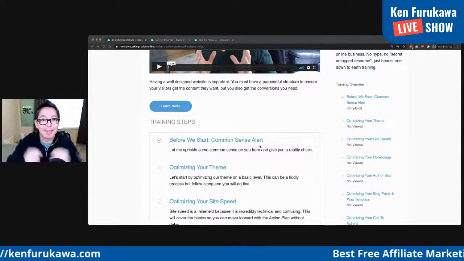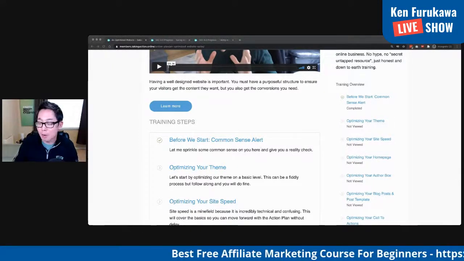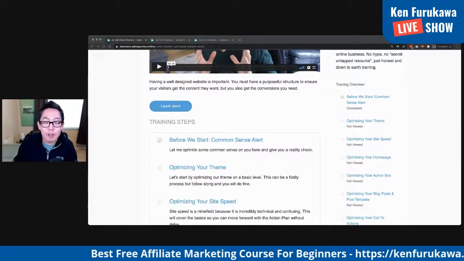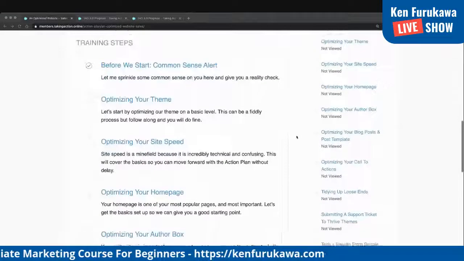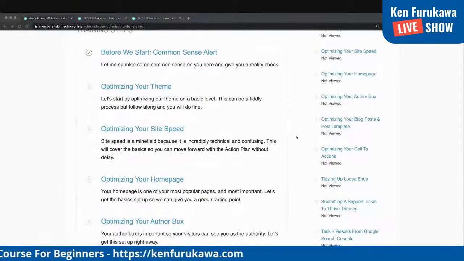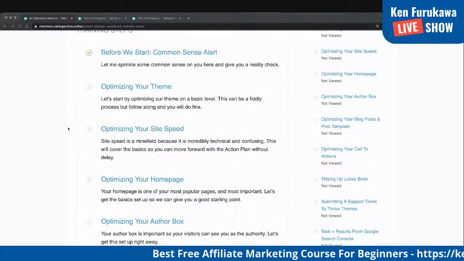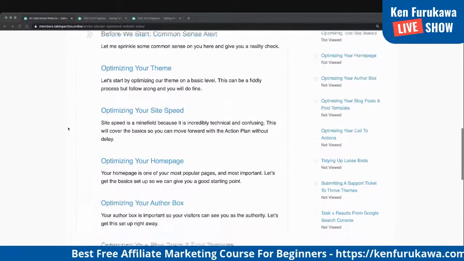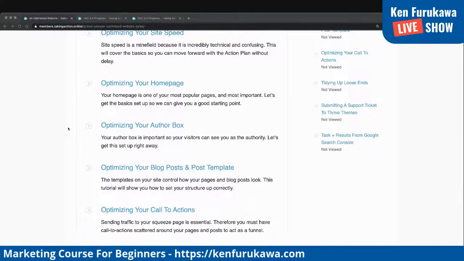Right here. So anyway, now that I'm done talking, let me get off my soapbox here, let's go ahead and just go through this. Now, this is going to be the fiddly part. But this is so important. This is so critical to your success, because you need to really learn how to optimize your website, optimizing for speed, optimizing your homepage, the author box, things that you would probably never, ever think about.